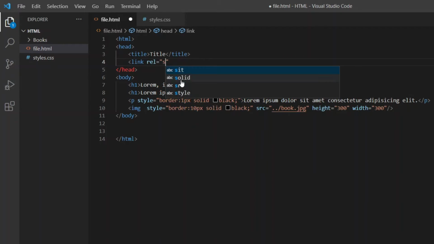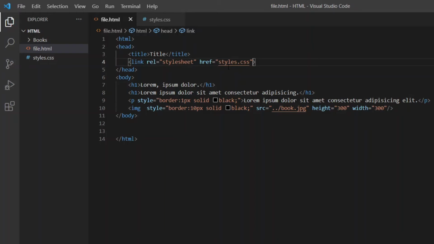So inside the head section of my HTML document, I use the link tag to import the style sheet into HTML. We define a link tag with an href attribute which holds a path to the CSS file and a rel attribute which indicates that the file we are importing is a style sheet file. Hit save and see it works.